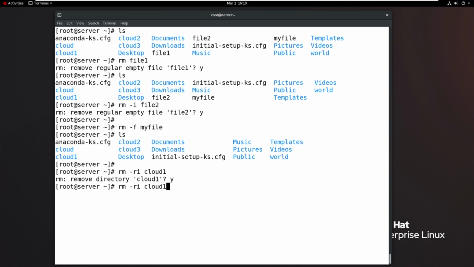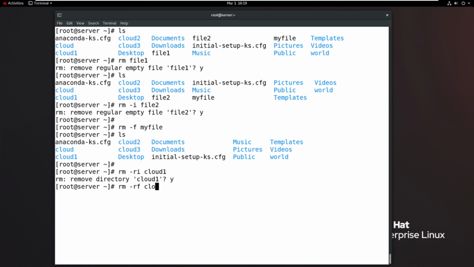But don't use the -f option in this case. Now I am trying to delete the world directory. What happened? In a single step it deletes the world directory, Asia directory, India directory, TS directory, Hyderabad. Whatever the world contains, everything is deleted in a single step, forcefully, without taking any confirmation.